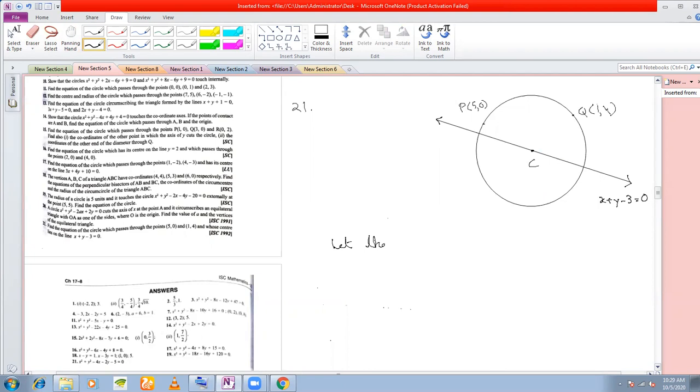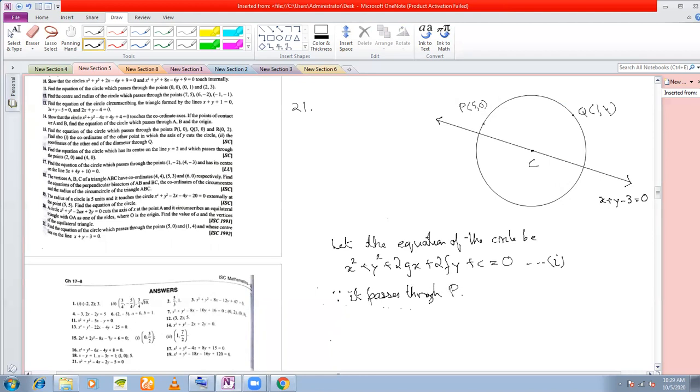Let the equation of the circle be x square plus y square plus 2gx plus 2fy plus c is equal to 0, and call this 1. Since it passes through 5, 0,